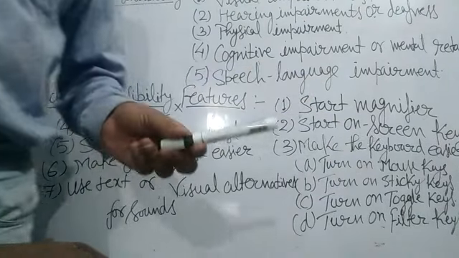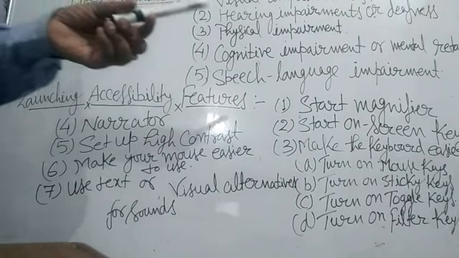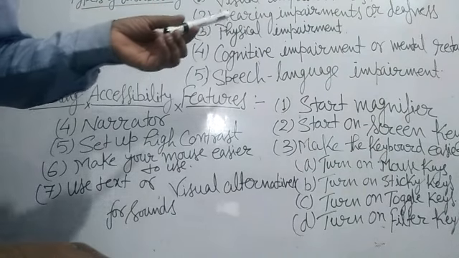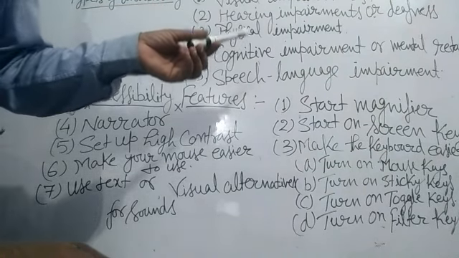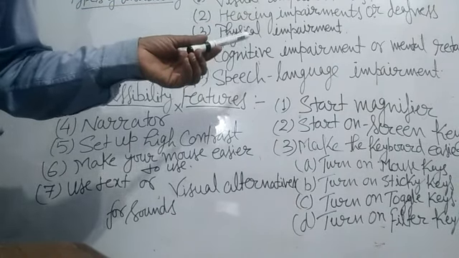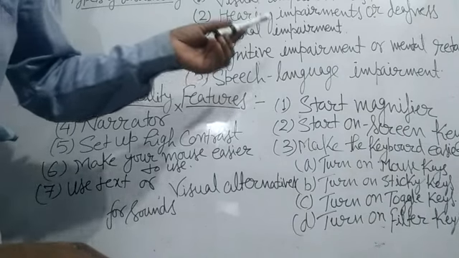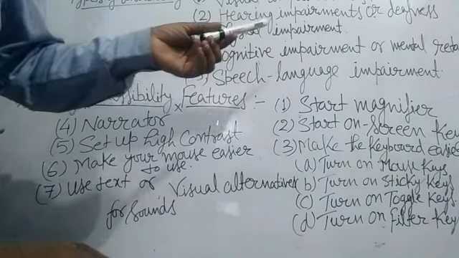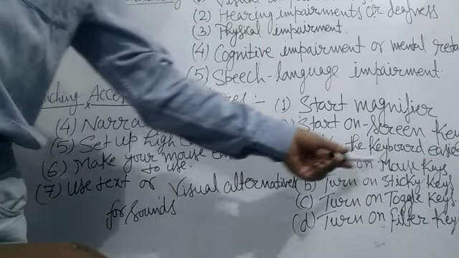Third is make the keyboard easier to use. This means using the keyboard to control the mouse and making it easier to type certain key combinations. Now I am going to discuss how to activate any one of them. Click like this. This is turn on the mouse key.